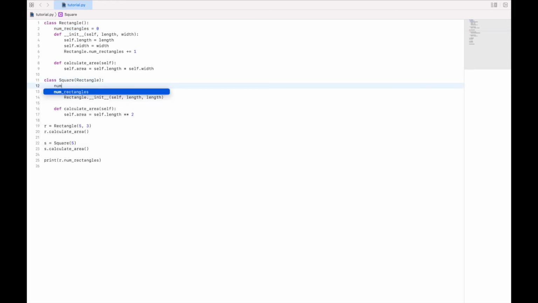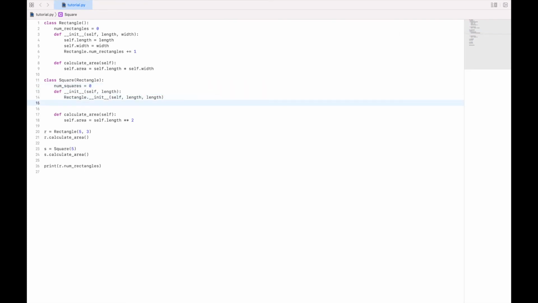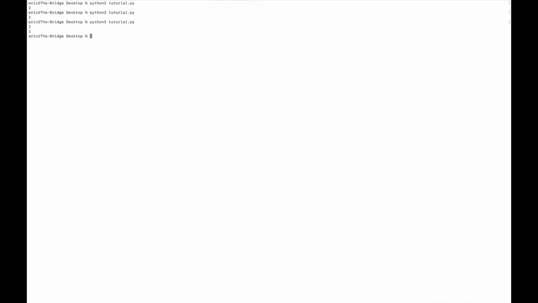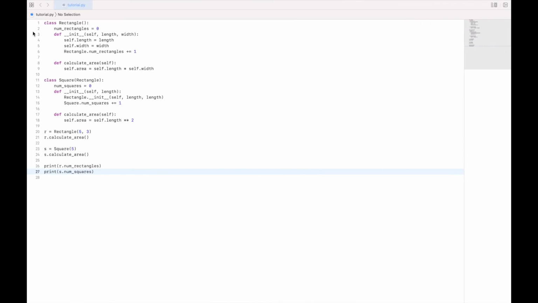So I can say num_squares equals 0. And then at the end of the init, I can say Square.num_squares plus equals 1. Now if I print the number of rectangles and I print s.num_squares, what you'll see is that we have 2 instances of rectangles and 1 instance of squares,